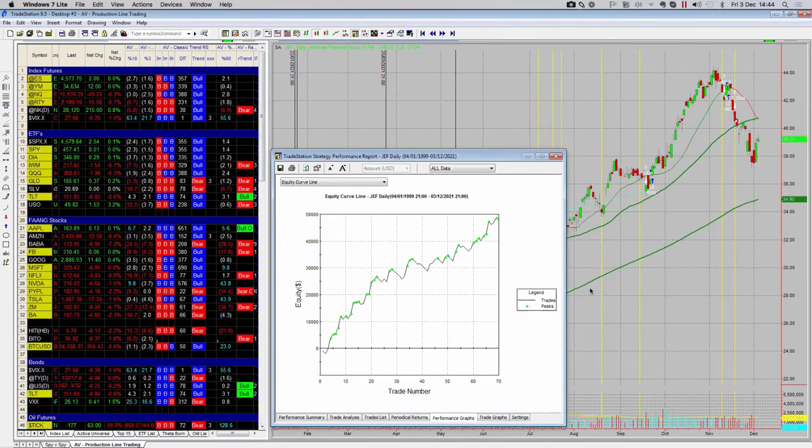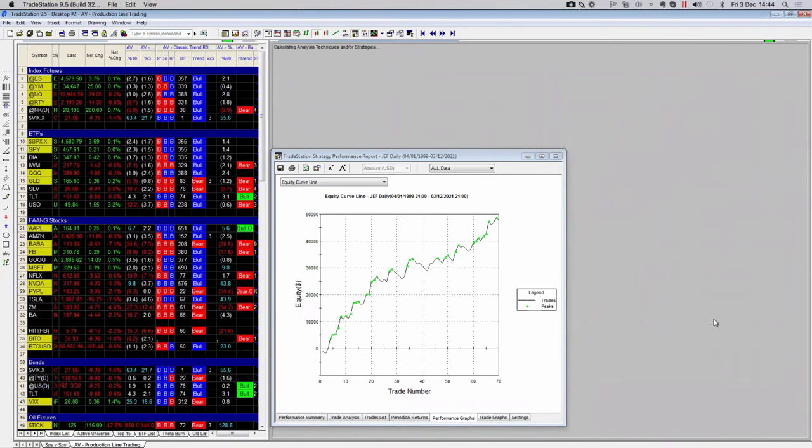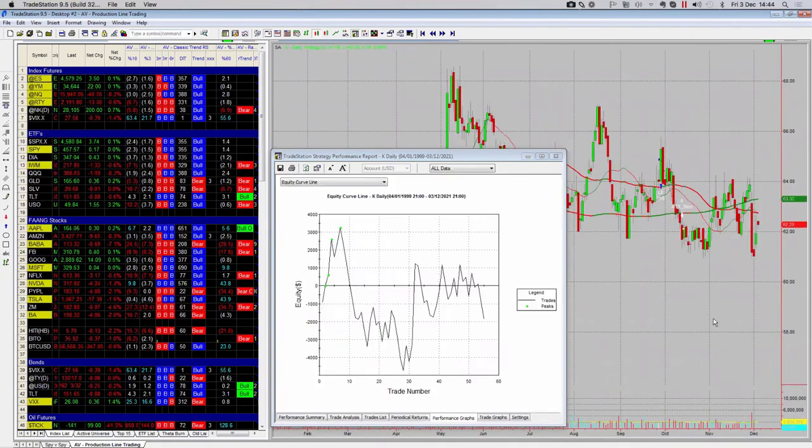Now let's go back to Kellogg's, because I said that Kellogg's is not great. K is the symbol. Let's see if Kellogg's is a stock that I should trade with a trend trading strategy. I'm not saying that Kellogg's is a bad stock. It's probably a good investment. As we said earlier, it's a great dividend-paying stock. If you want cash flow, apply cash flowing strategies like selling income, selling premium, then maybe Kellogg's is the stock for you. But it is not the right stock for a trend trading strategy.